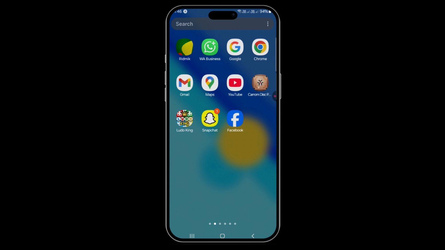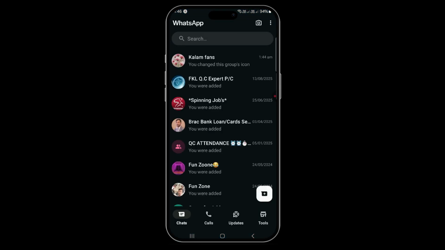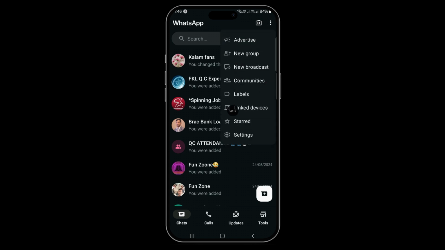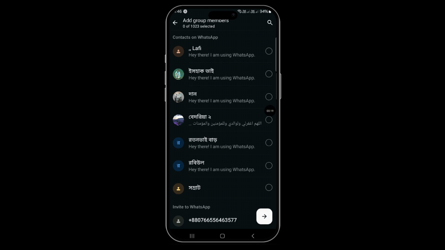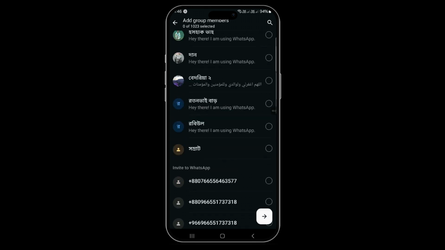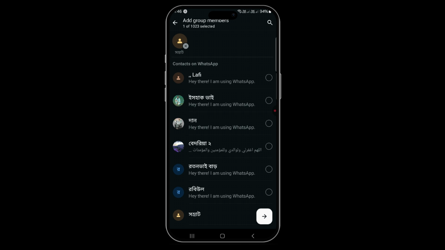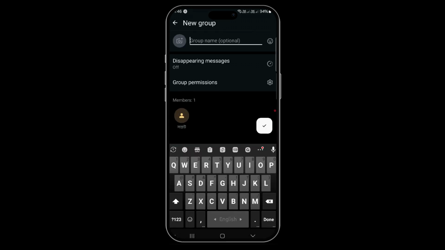WhatsApp Business. First, I open WhatsApp, then you can click on the three dot menu, then you can see Create new group. Just click here, then you need to select some people for it. For this purpose, I select this person, then click on next. Now you need to select a group name as well. So I select ABC